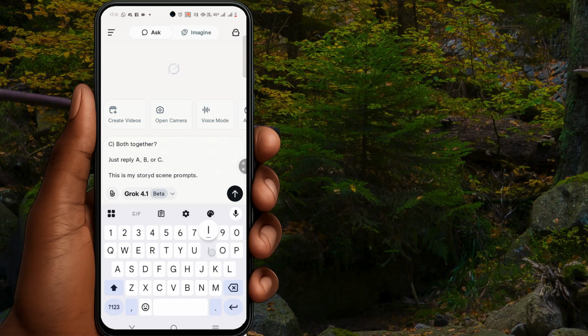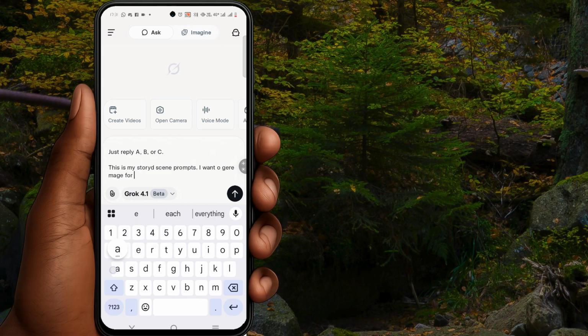I want to generate an image for each scene, and I need them to be consistent.